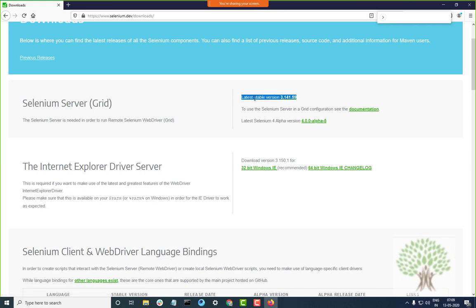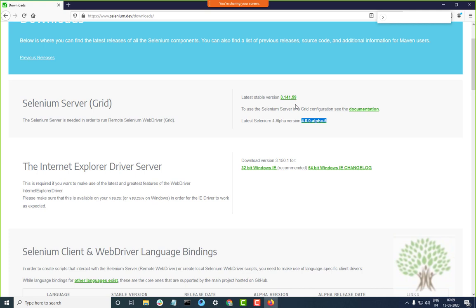Majorly in the past 2 years, what I have seen is that there is no major change in Selenium. It's been stable, but right now they have come up with this version which has a few major changes, which I don't want to go into right now.